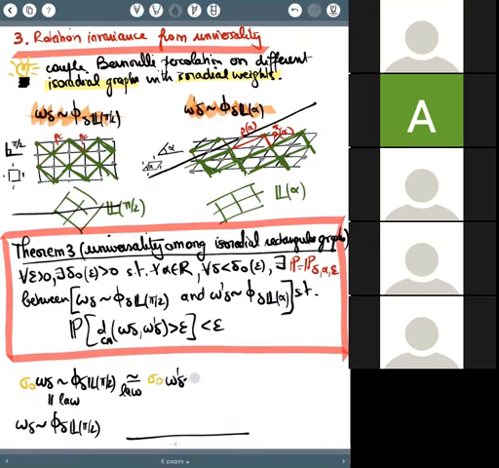Because this is a theorem which tells us that I can couple in such a way that the Kamiya Newman distance is very close for omega delta and omega prime delta. So now this guy is on the reflection of the rectangular lattice. But omega prime delta itself has the same law